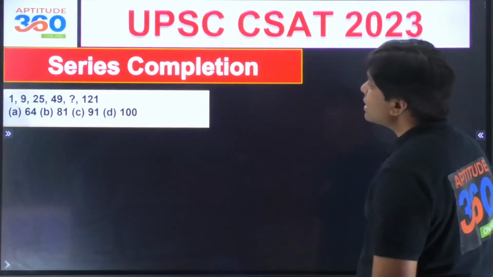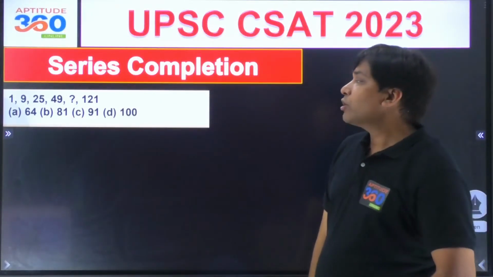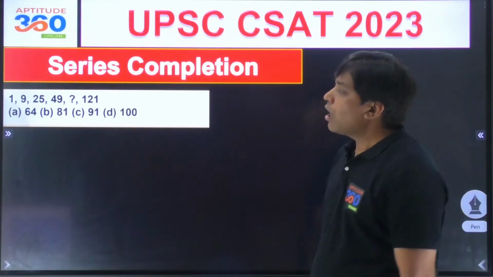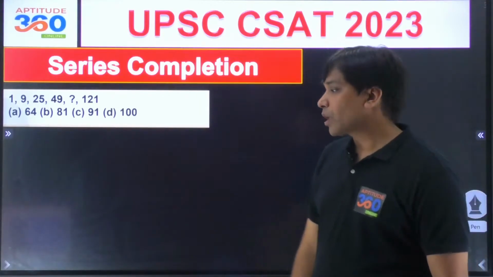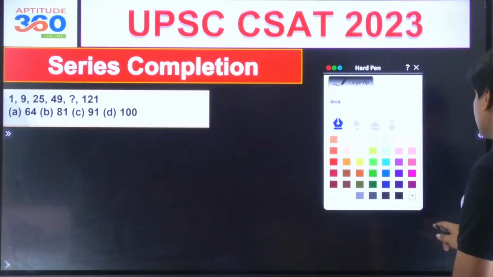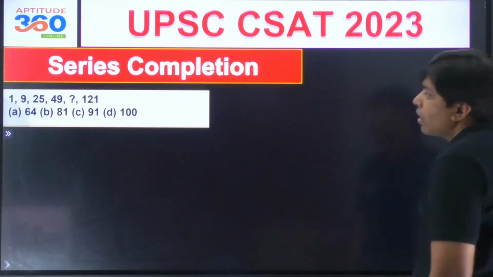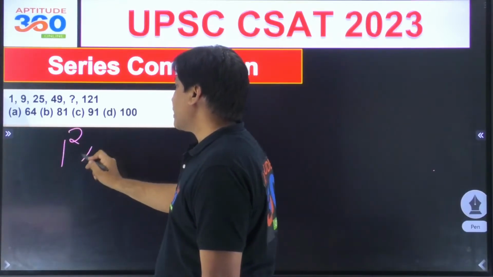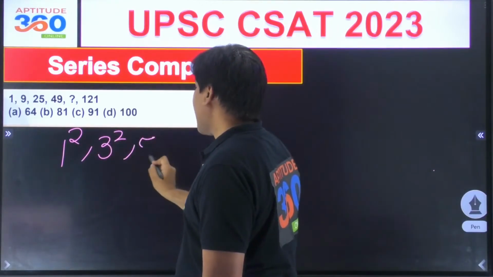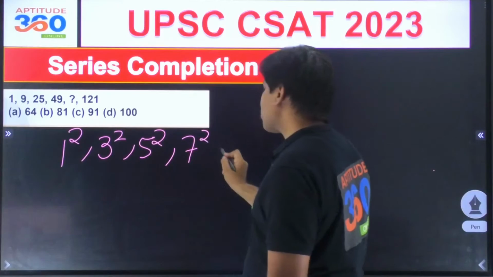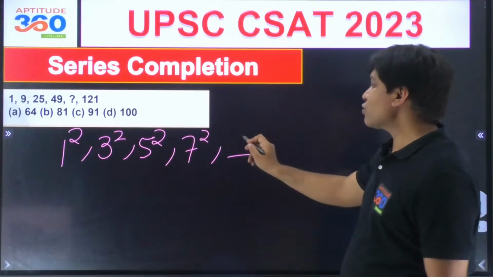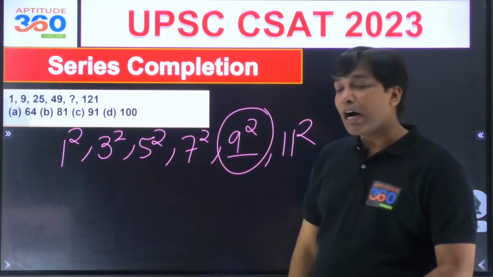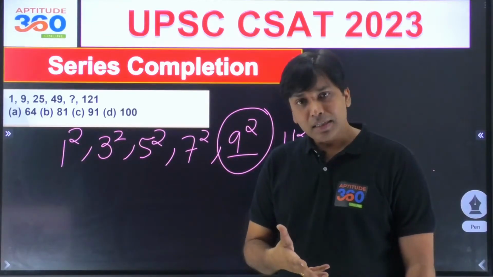Now, let us go ahead and try to simplify this problem out here. What do you think is the answer? 1 and then 9 and then 25 and then 49. What is the term in between? Anybody? So this one out here is 1 square and then 3 square and then 5 square and then 7 square. After this, what do you have then? It has to be 9 square and then 11 square, isn't it? What is the number that you're looking out for? You're looking out for the square of 9, isn't it?